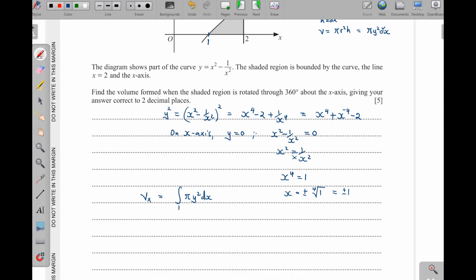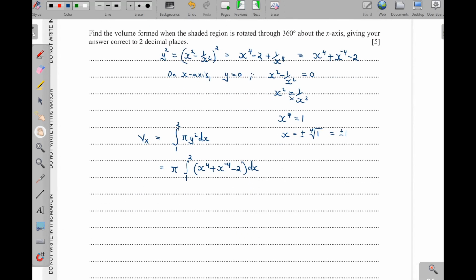We are moving from 1 to 2. So I can put the pi outside, then we integrate from 1 to 2, and then our y squared is this one here, which is x to the power of 4, plus x to the power of negative 4, minus 2, dx. And then after this one here, we shall have pi, then this is x to the power 5 out of